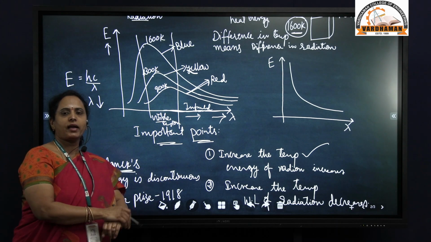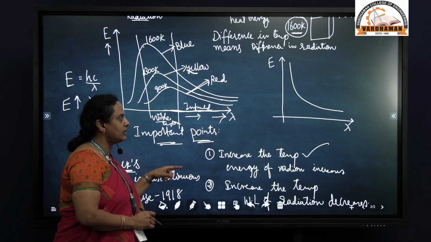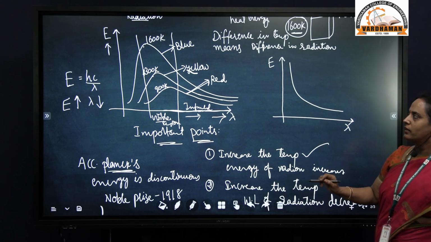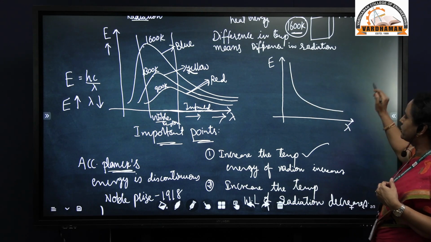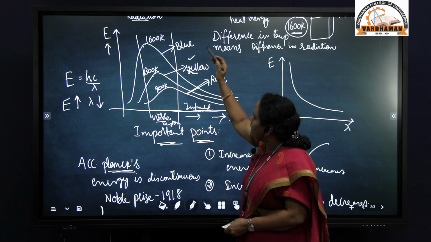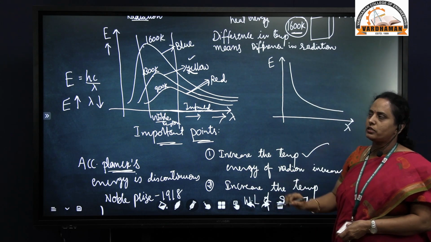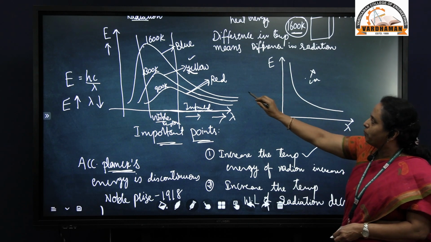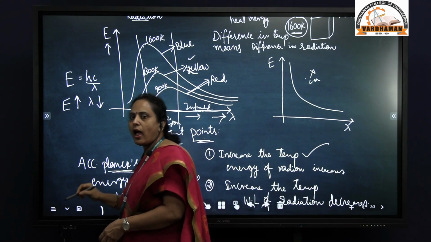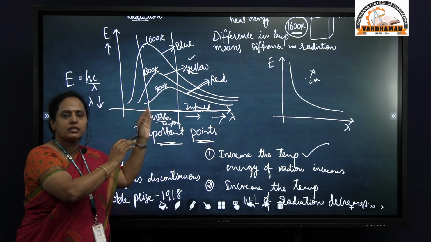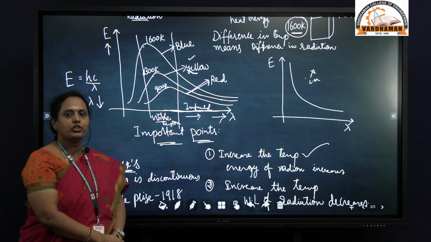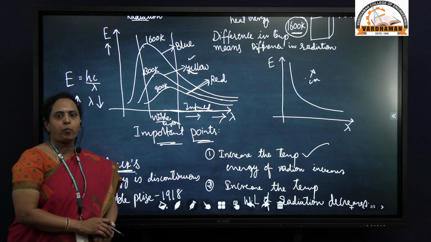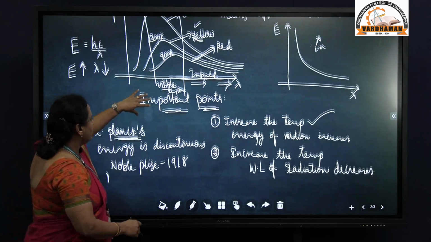But what does classical mechanics tell us? Classical mechanics tells us that the energy is released continuously. When it comes to the real case, both graphs are not the same. This is what classical mechanics predicts, but that is not what happens here. Here we got peaks of light, and the energy is released in discrete packets of energy. Classical mechanics failed to explain this, and this particular point was explained by the famous personality